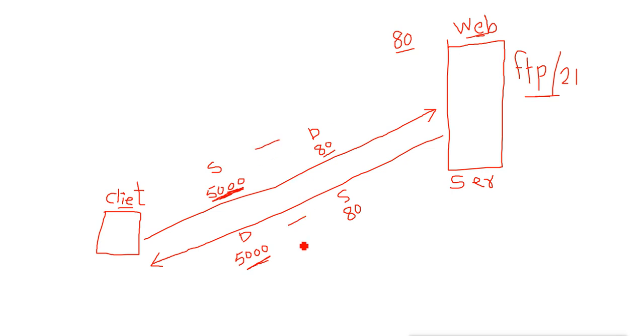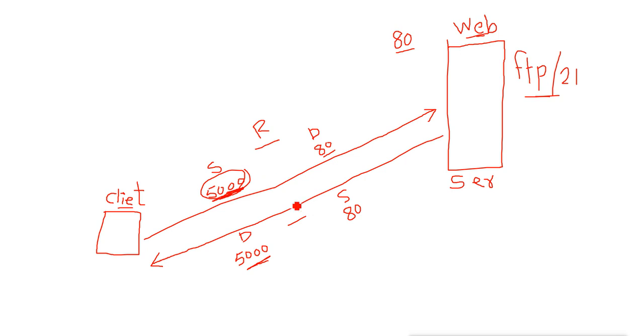Now when we are creating the access list, we will block the client from accessing the server. Maybe I want this client not to access the server, so I will block the first connection, that is, the request going out. In this case, if I want to block this request, I cannot decide the source port because it is chosen randomly. I cannot say this is the source port I want to block, because it can be anything.